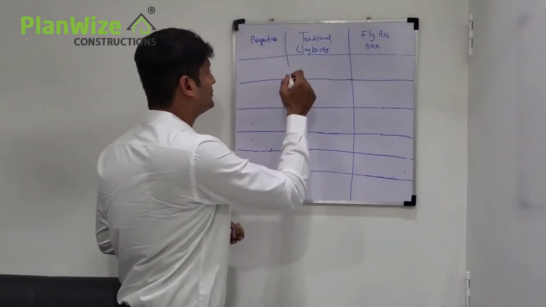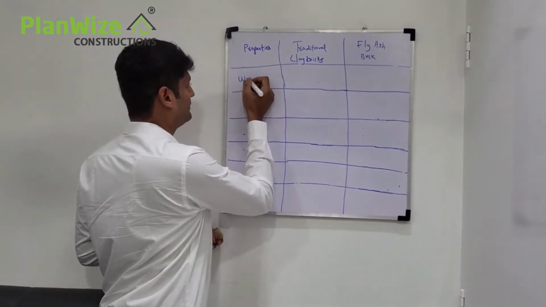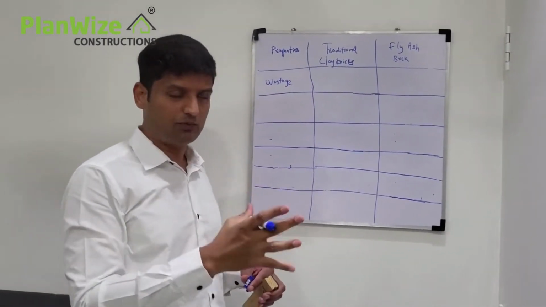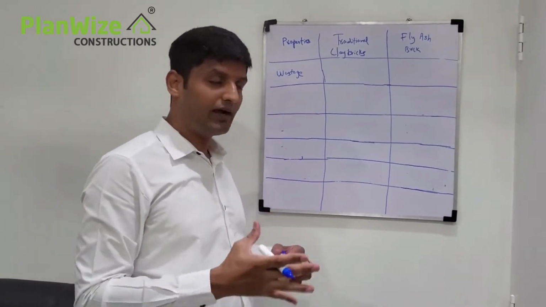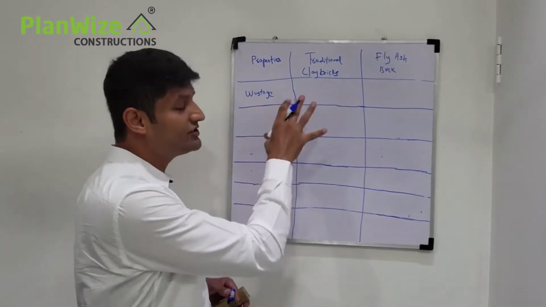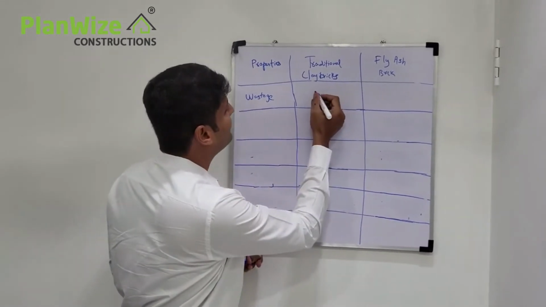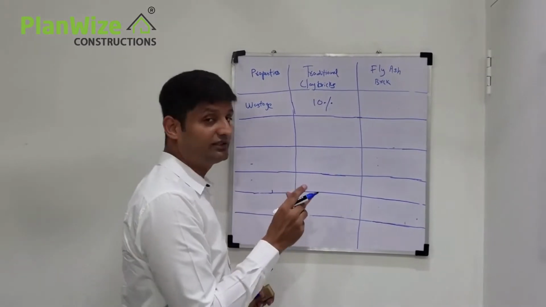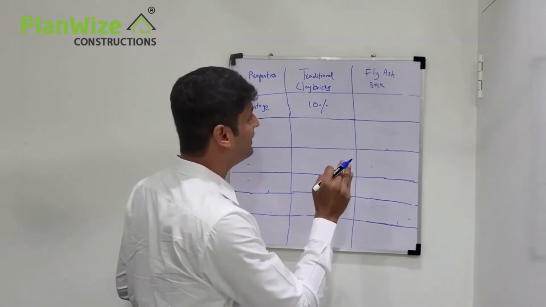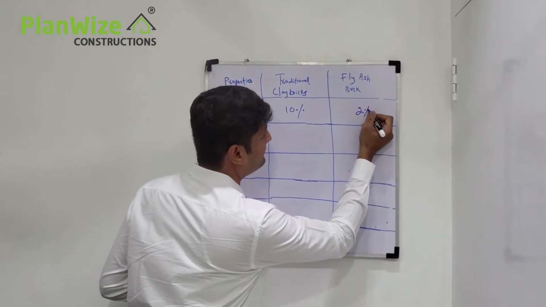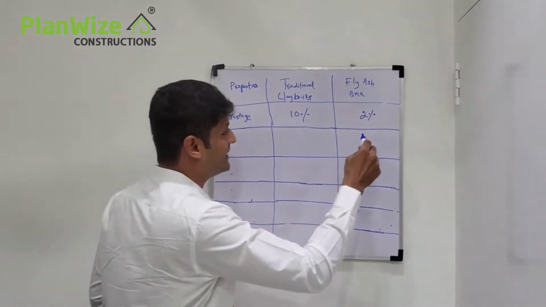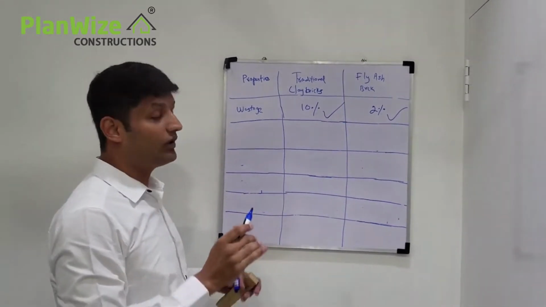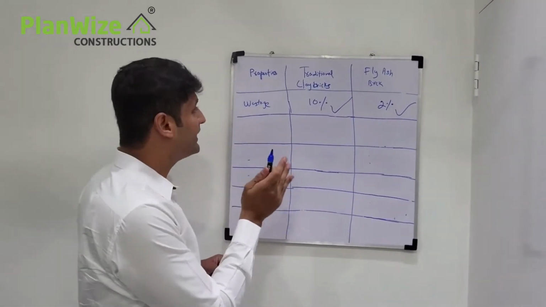Now let us move on to the next point, which is the wastage. Now when does the wastage happen? It usually happens during transport and also when the labor handles the brick. Wastage for traditional clay bricks is something like 10%, whereas in fly ash bricks, it is almost nil or less than 2%. So even in terms of wastage, fly ash brick is clearly the winner. It has a huge advantage. So again, what does this do? This indirectly reduces the cost